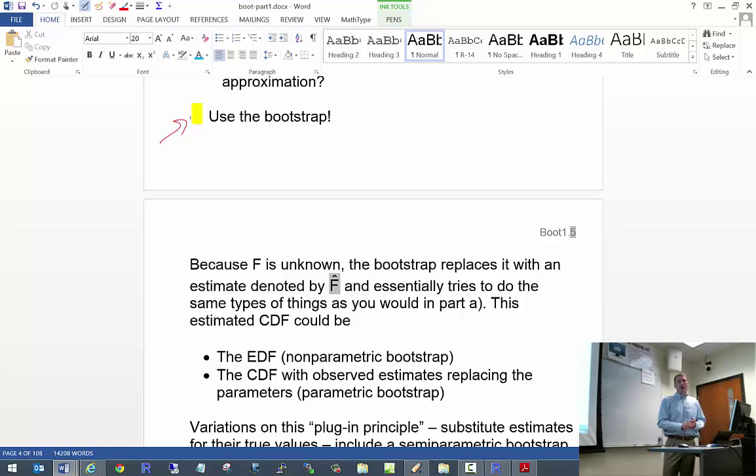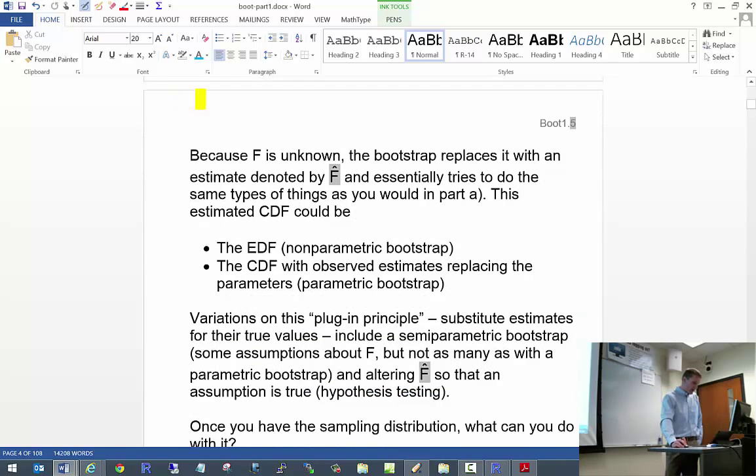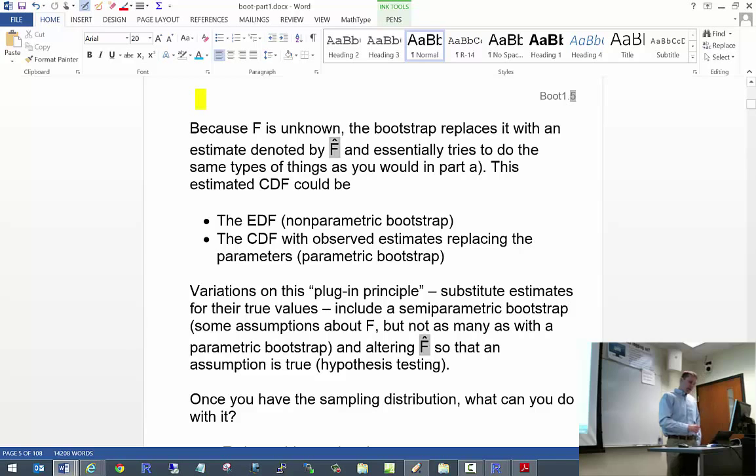So, one of the main purposes of using the bootstrap is to somehow get at the sampling distribution of t. If we have the sampling distribution of t, then we have a way to do statistical inference with a certain level of confidence associated with it. So, about the bootstrap. It's all dependent upon basically one thing,